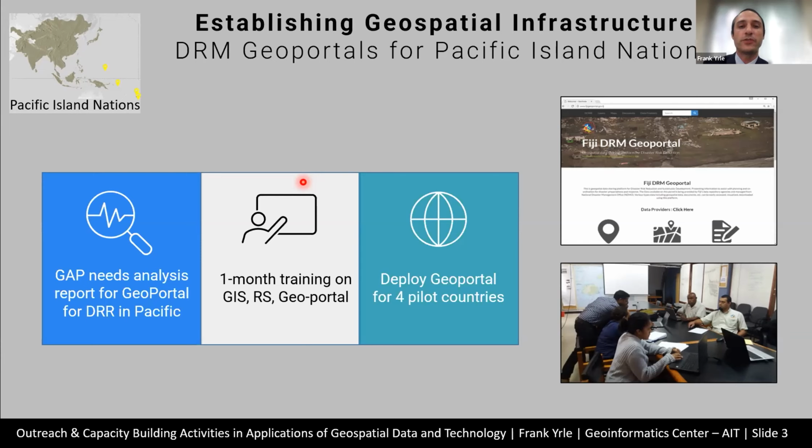And so from those 8 countries that participated, 4 were able to take on a pilot project where they were able to find the funds for some infrastructure to support the GeoPortal. And so we actually went to these 4 countries and we helped them gather their geospatial data related to disaster, like any kind of flood data or any kind of infrastructure data, basically. And then we're able to get that going in the GeoPortal, and then they took that over.